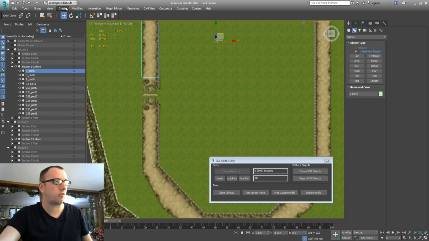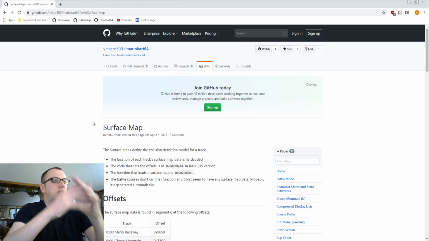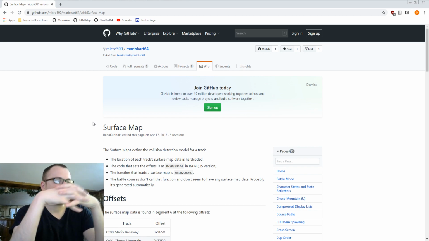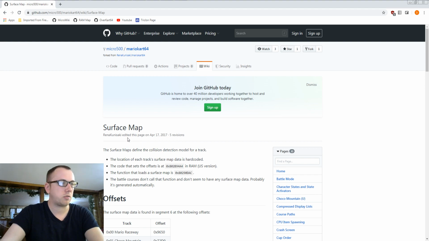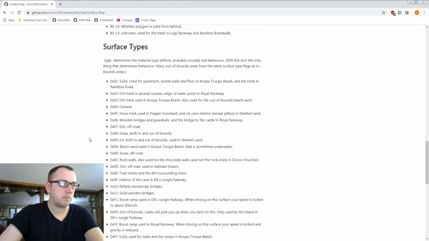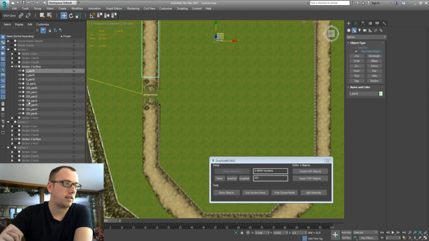We're actually going to need to rename them based on the surface ID. So here on Micro500's GitHub page is a wiki. There's a surface map page that was written by Rena Kunisaki, and down here near the bottom there is a table with the major surface types that are available in the game. So we need to use this hexadecimal value. We actually need to get the decimal equivalent and then use that as the material and create a part number